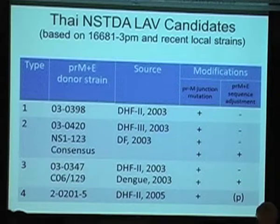Now, this summarizes for you that after several years of working in the laboratory, this constitutes the tetravalent chimeric LAV that we generated, and these are the serotypes of the chimeric PRME sequence, and the donor strains, the source patients that we derived the strains from. So basically, virus donors were from the 2003 or 2005 epidemic period in Thailand, and they are either from DF, DHF, or dengue shock syndrome. And we don't really have a specific reason for selecting these donors. Basically, we try to find what we would call regular isolates,